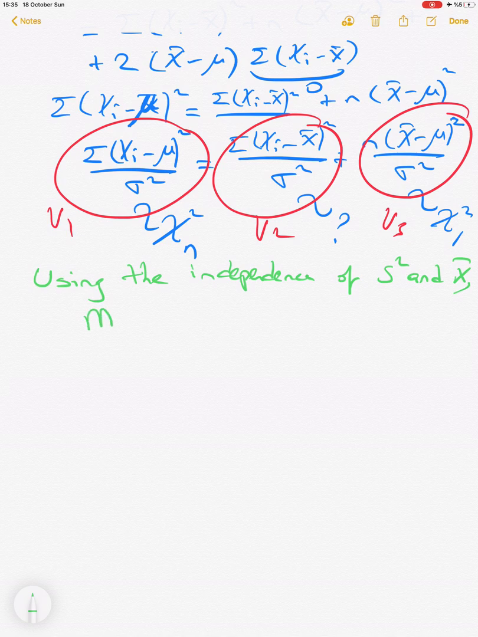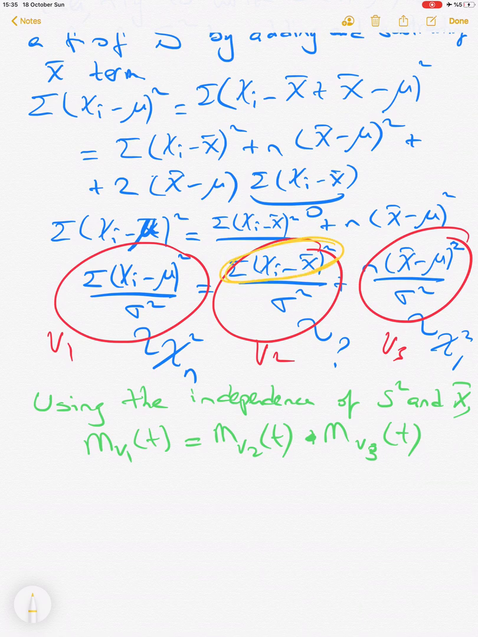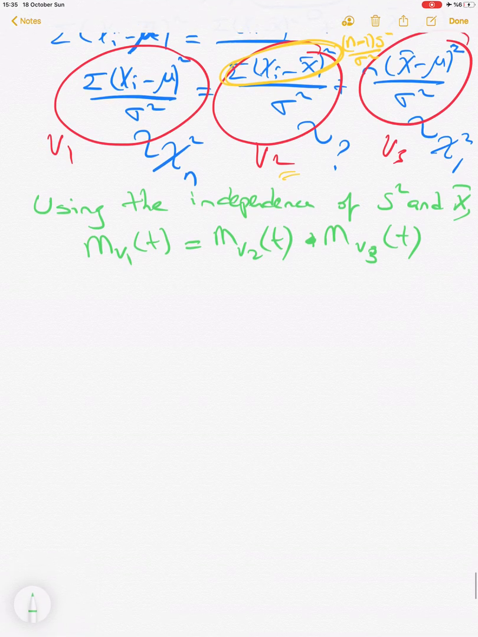we can write the moment generating function of V1 as a multiplication of the MGF of V2 multiplied by the MGF of the third one. Okay, so here, if you remember, we can write this part as n minus 1 times s square over sigma square. So actually we have s square here. So here in the V2 we have s square, in the V3 we have x bar, so these are two independent. Okay, and then we know the moment generating function of chi square with n degrees of freedom, which is